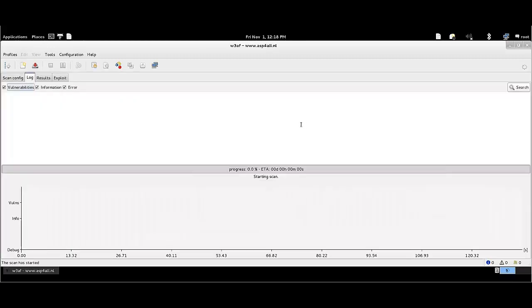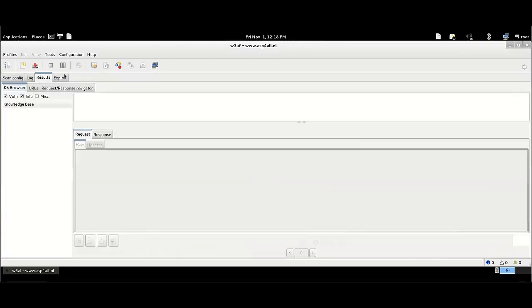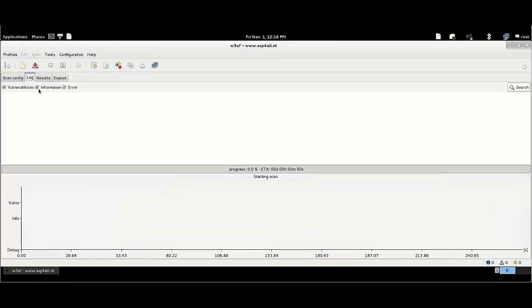Yeah, so once I started the vulnerability assessment on Weave, it will start scanning the whole website. It will take a couple of minutes or maybe more than that. And here you can see different tabs like logs, results, and exploits. So in logs I can see the different logs that you're going to create, and that is the current scanning which is going to take place, or happening, onto my website.